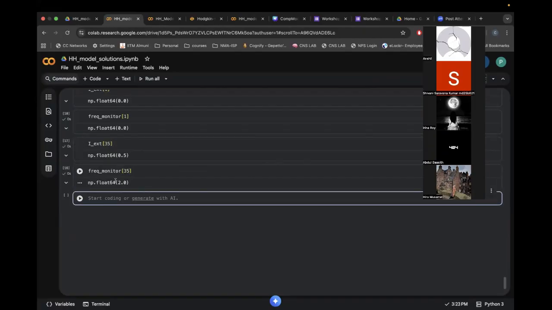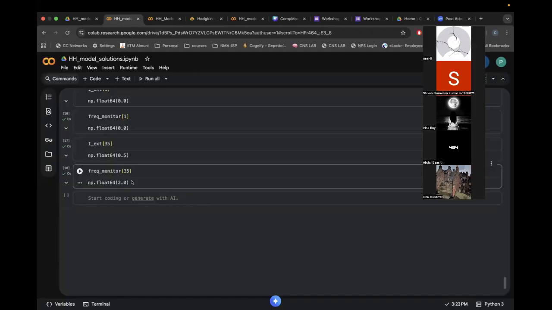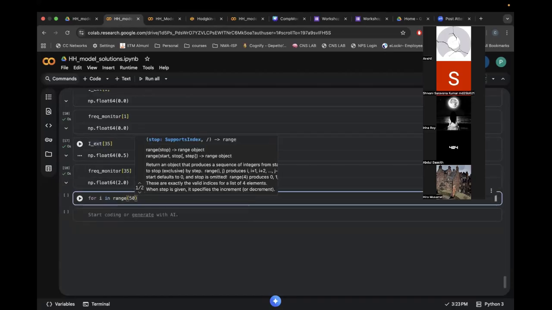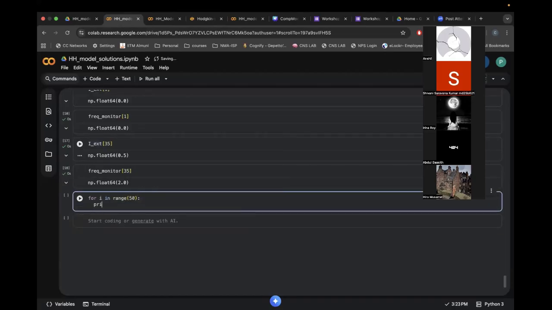Yeah, a current of 0.45 now has a frequency of just 2 hertz. You have to print all of them. Maybe in a for loop I can print and show. For i in